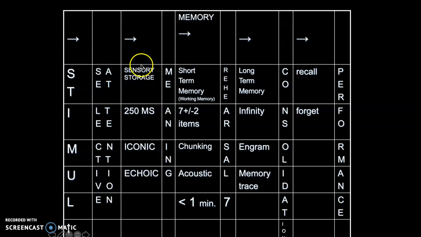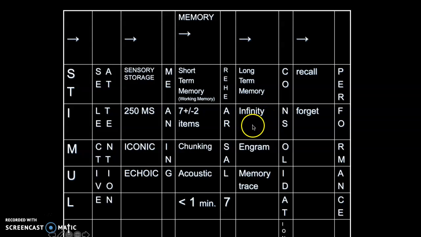Okay, so back to the beginning. We pay selective attention and it ends up in sensory storage, and its characteristics are it lasts less than 250 milliseconds and most of the time is stored through our eyes and through our ears. If that information has meaning for us, our next active behavior, it transfers into our short-term or working memory, where the capacity is around 7 items. We do chunking to expand the capacity of our short-term memory. Most of us have acoustic or hearing sound representations in our short-term memory, and short-term memory lasts less than a minute. So we need to rehearse that information at least 7 times, and then it goes into our long-term memory,